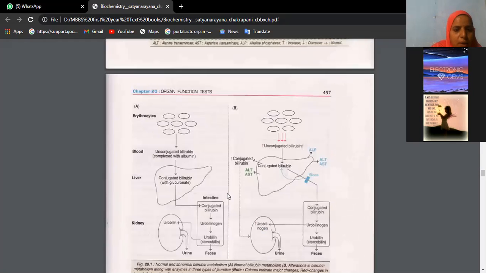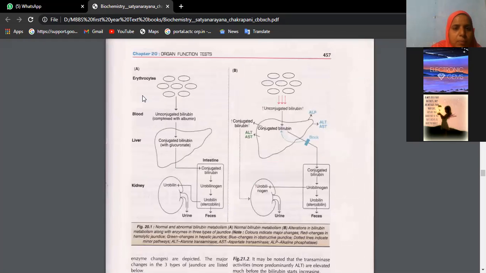So this is normal hemoglobin and bilirubin metabolism. See, RBCs of 120 days are being broken down to unconjugated bilirubin. It goes to the liver with the help of albumin for transport. It combines with UDP for glucuronidation, and you call it conjugated bilirubin. From there, it enters the second part of the duodenum through the extrahepatic biliary apparatus, common bile duct, and hepatopancreatic ampulla of Vater. Then conjugated bilirubin becomes urobilinogen, urobilin, and finally stercobilin.